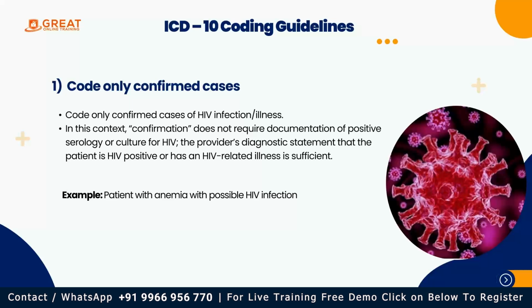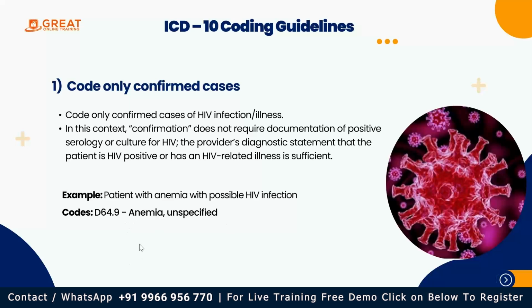So in this case, with the above paragraph, we have to use the HIV infection code. Read the sentence carefully. Patient with anemia with possible HIV infection. So we need to code the anemia. We're not going to code HIV infection because it is only possible. The physician did not confirm this case, right? It's not confirmed, yeah. So here our code will be for anemia